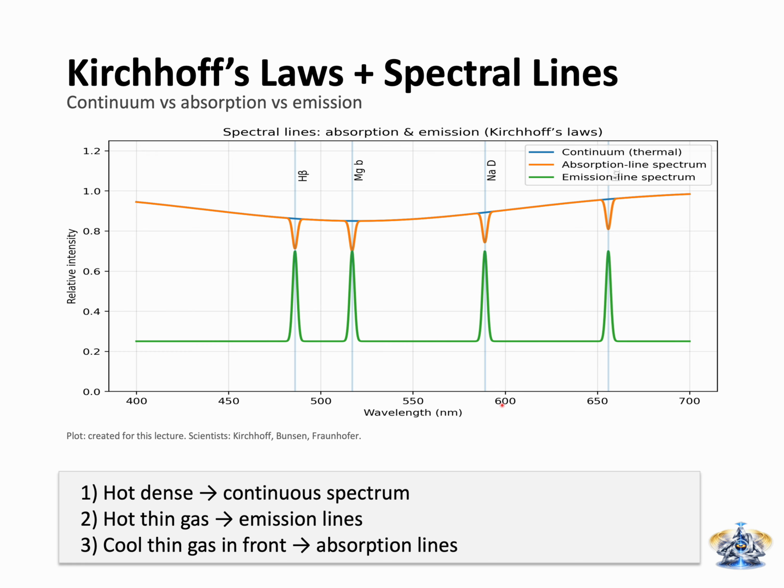Now look at the figure. The dips and the spikes aren't decoration. They encode composition, temperature, density, and motion. Why is this in a distance ladder talk? Because brightness can be biased. Dust and chemical composition can affect the observed brightness, and spectral information is one of the tools we use to diagnose what's actually going on. Now that we have talked about how light is distributed across wavelength, let's talk about total light, the bolometric idea.